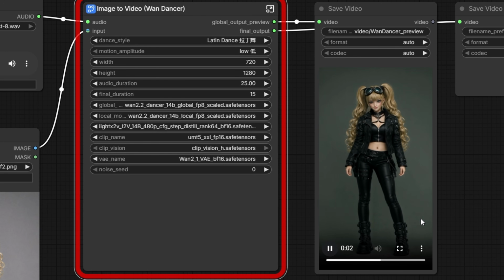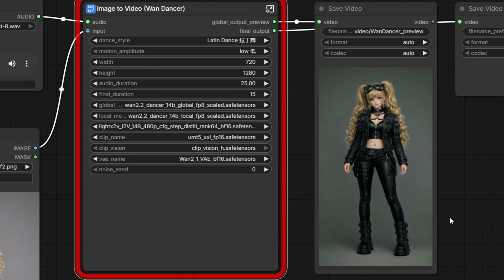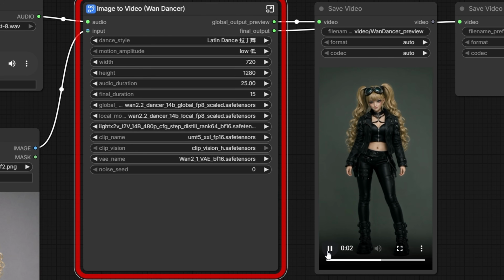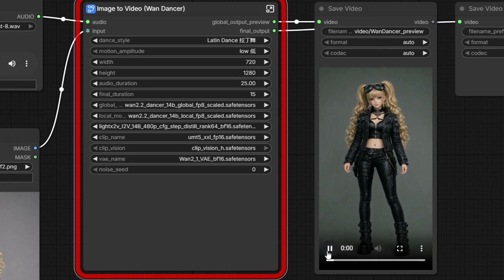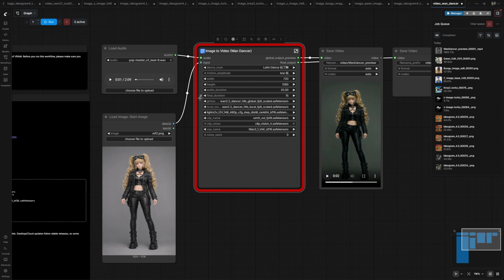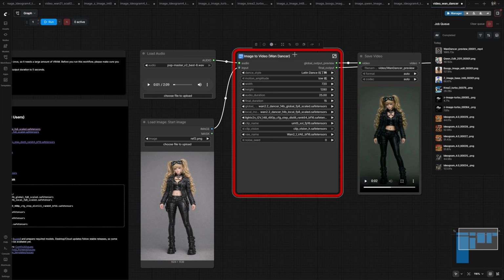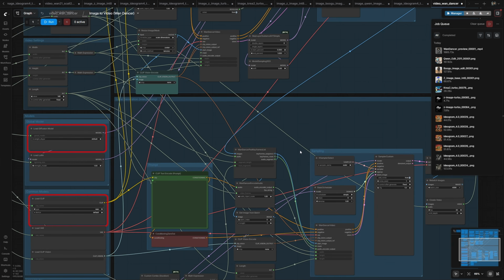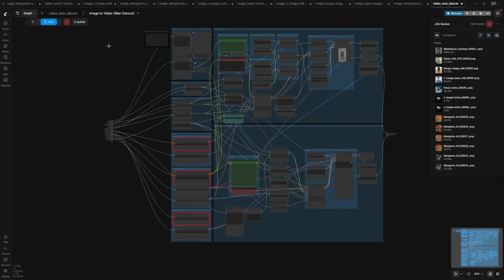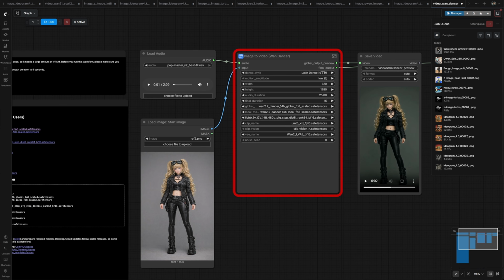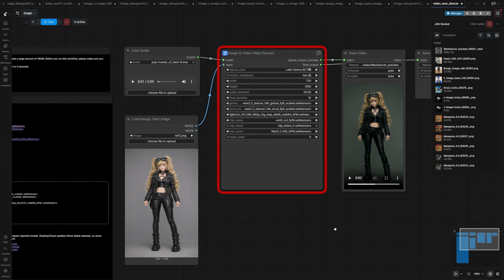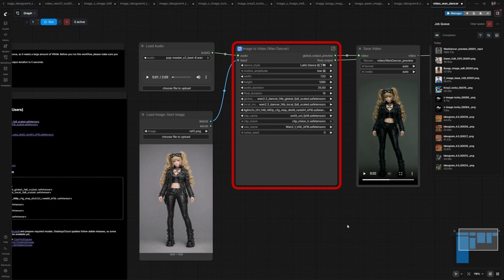I noticed the background kind of switching, some little bit of movements, but 30 minutes for 5 seconds is a little bit too long for me. And if you try to put in final durations here, like 15, it is ignoring that. So you need to go inside the node itself and modify what durations you want to have. I think this is a very interesting addition to create the dance and movements based on the music. It definitely is worth continuing to explore,